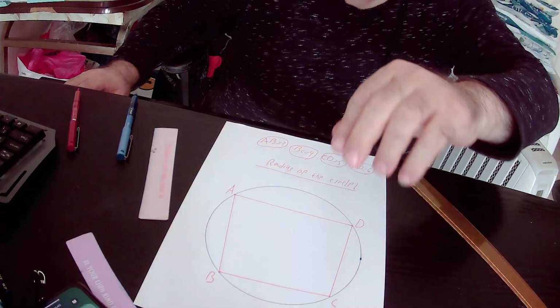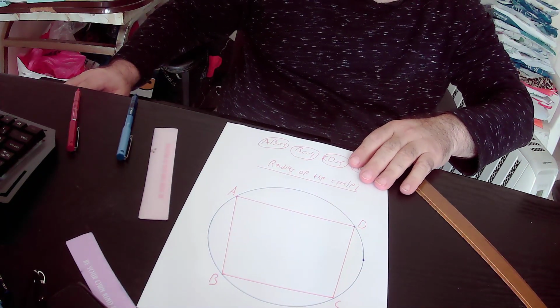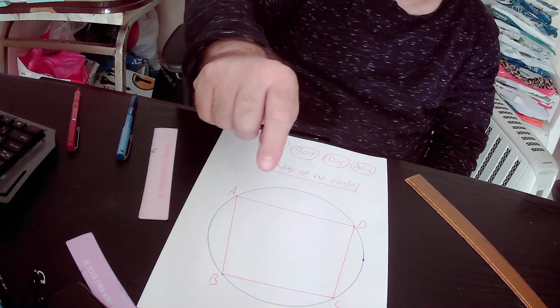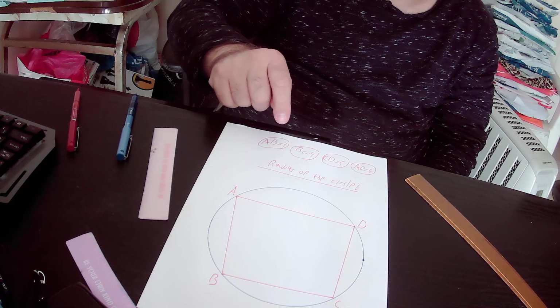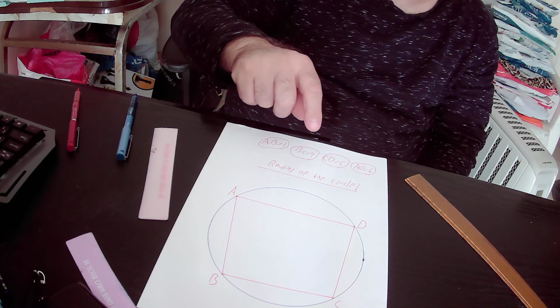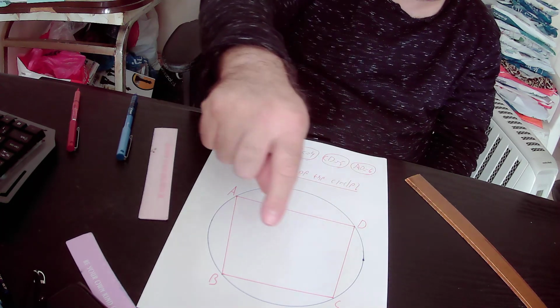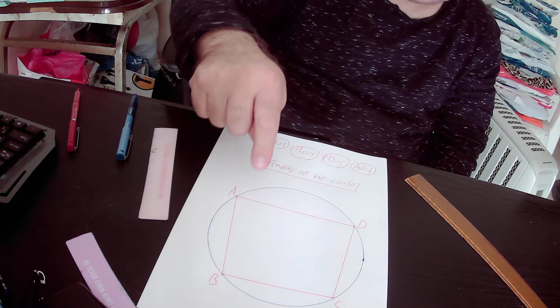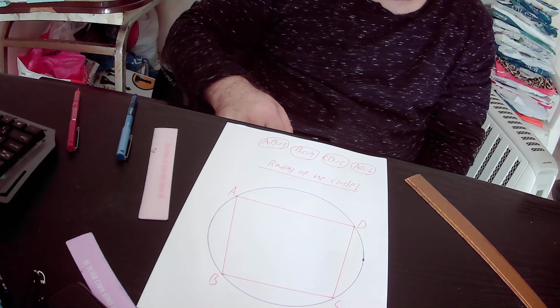Now in this lecture we will find the radius of the circle. In the drawing we have a circle and quadrilateral ABCD inscribed in this blue circle, and